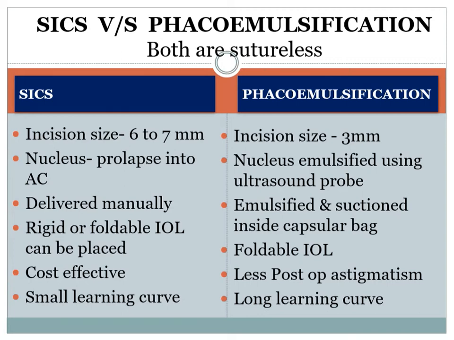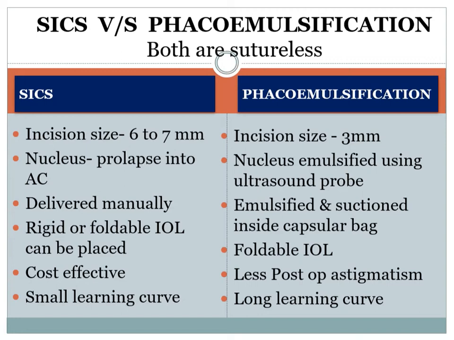So the basic surgical instruments are the ones which are required for SICS. So it is very cost effective and it is very useful when you are trying to do for big masses. That means when you are trying to do in camps, when you are trying to do lot of patients, especially in developing countries like ours, where the population is very high and the number of blind people due to cataract is very high, and you want to give everyone good vision without costing much. This is a very, very suitable, cost effective surgery.